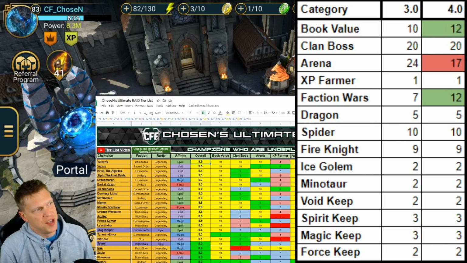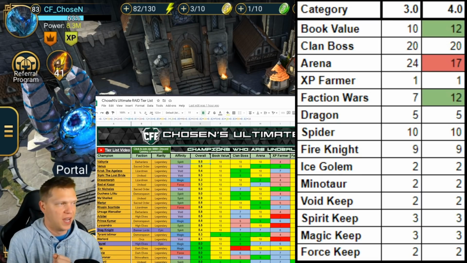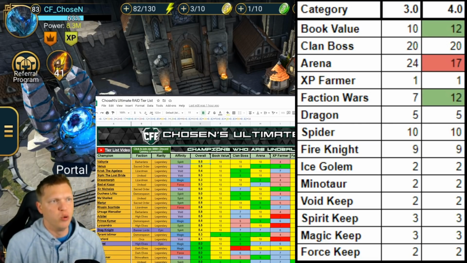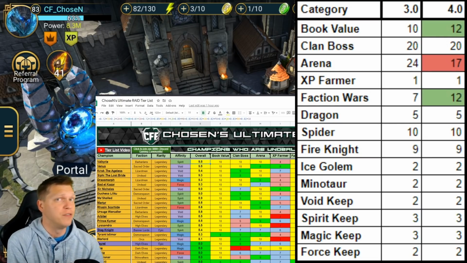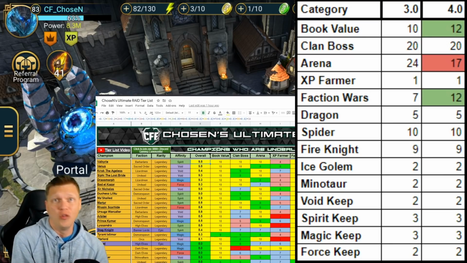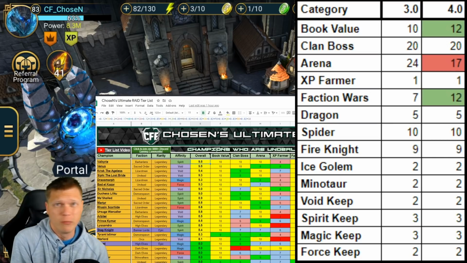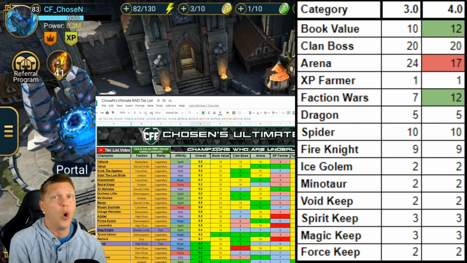And then you will notice the third thing that I need to talk about in terms of being changed. You'll see the book value up top from 10 to 12. And I bumped up the book value a little bit because now with Faction Wars being a lot more important, you're going to need to develop a lot of different champions on your account. So books, we all know, they're very frustrating to come by. You can't really farm them reliably. The only way to get them is offers and tournaments, and you can get like one a week in events